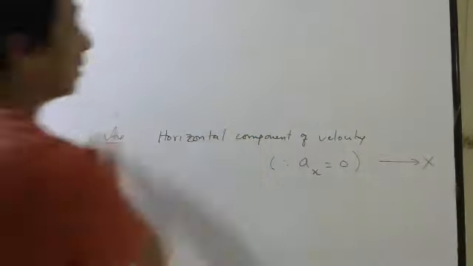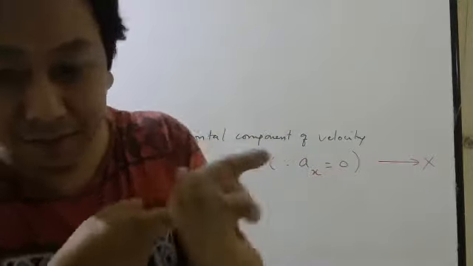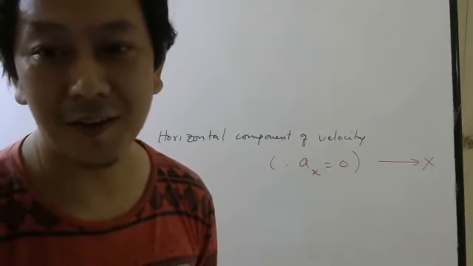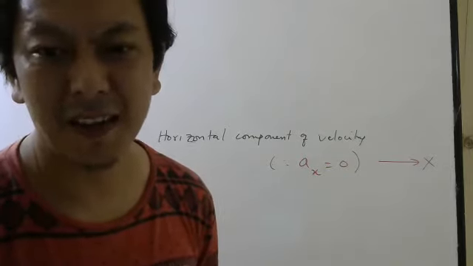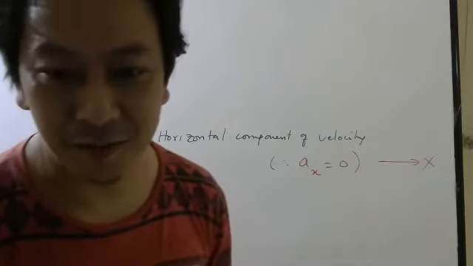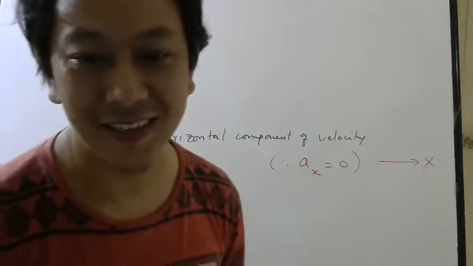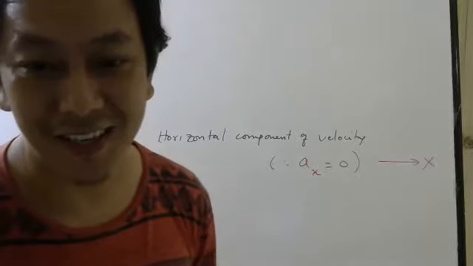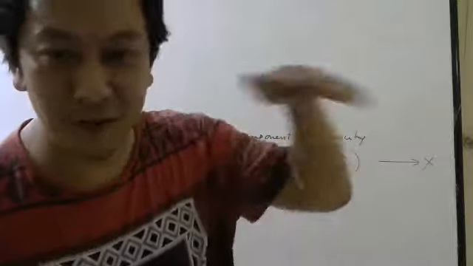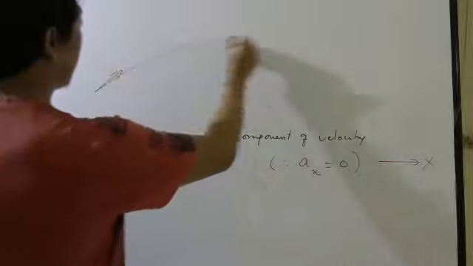Examples could be, if you fire a gun like this, how does the bullet move? Straight or curved? Neglect air resistance. Does the bullet move straight? Why? Bullet does not feel gravity? Anything which starts like this will always move in a curved path. So if you fire a bullet like this, it will go like this.